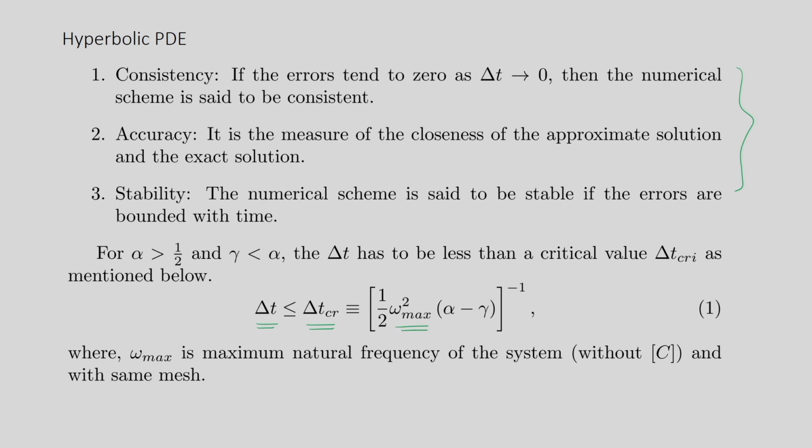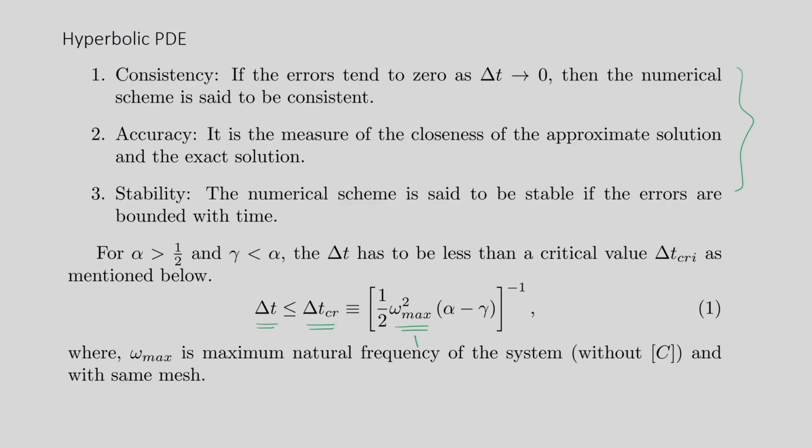So we have already discussed how to calculate the eigenvalues for a given problem using the finite element method. So this corresponds to the maximum eigenvalue for the same mesh, and these are the parameters that you have chosen for which the scheme becomes conditionally stable. There is a proof to this expression, so I will not go into detail, but your time step in that case is restricted by this limit, delta t critical. It has to be less than delta t critical in order to have a stable solution.